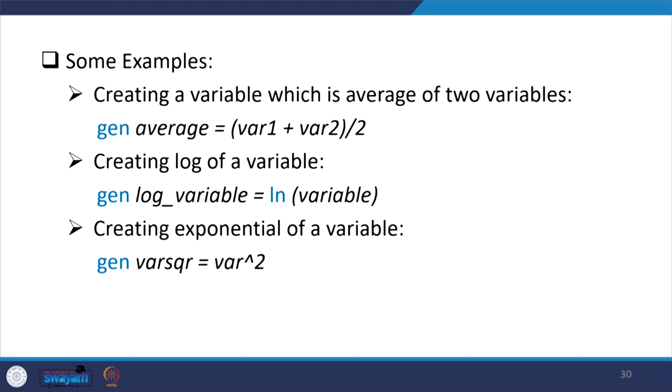Some examples we have put in; you can experiment on your own because of time paucity for the class. I am not operating everything, but the same approach you can apply and find out. Like generate, you have to write it down. Then if you want two numeric variables to be averaged, you add them and divide by 2, or if 3 variables are there, divide by 3. That will give you the average value with this gen command.